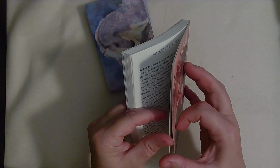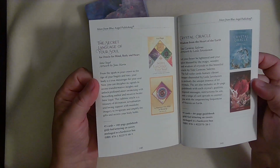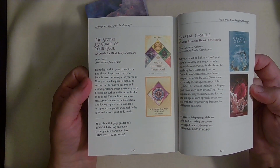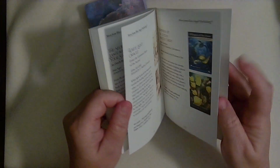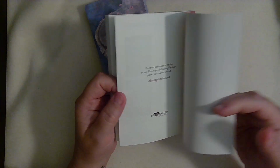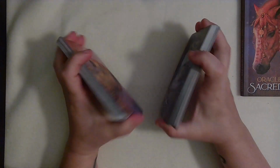And then you have some little sales suggestions on decks. Your Blue Angel. And on the back, some more marketing there. Alright, so why am I putting that away? We still need that. Alright, so shuffling is going to be hard if you have